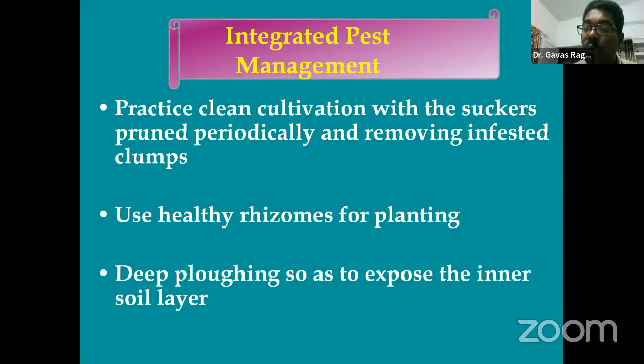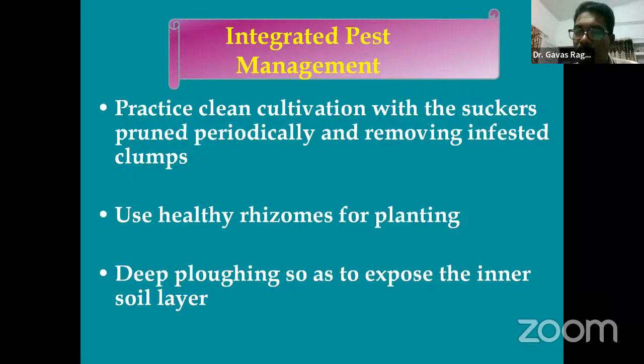For this, we have to use only clean, pared suckers. What do you mean by paring? It means we're using a very sharp knife. We will chisel away the infected portions of the rhizome or the suckers, and we can either expose